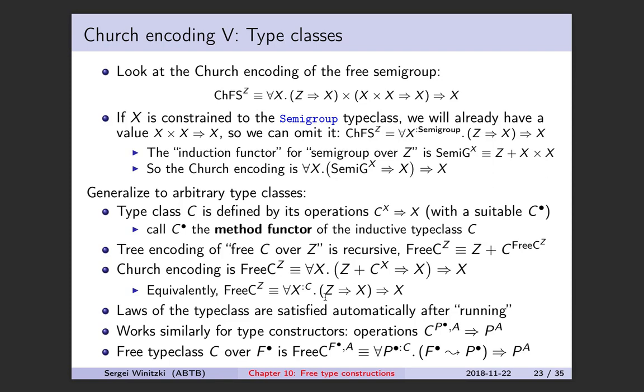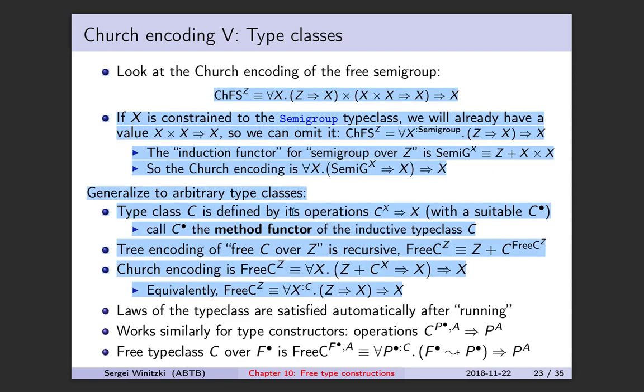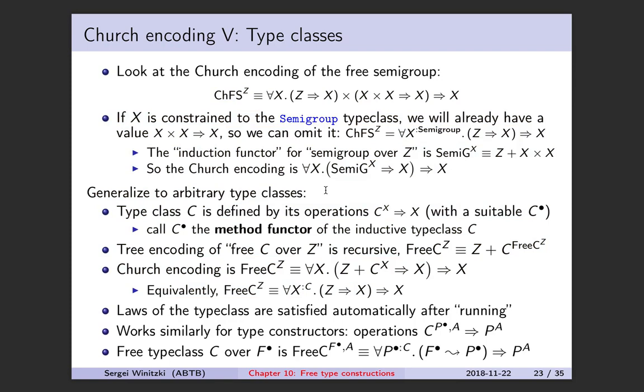The type constructors are used in the same way. Here I have shown what to do with non-type constructors, with ordinary types. It's just that there's more notation and more parameters. So for example, the Freetype class C over a type constructor F in the Church encoding looks like this, where